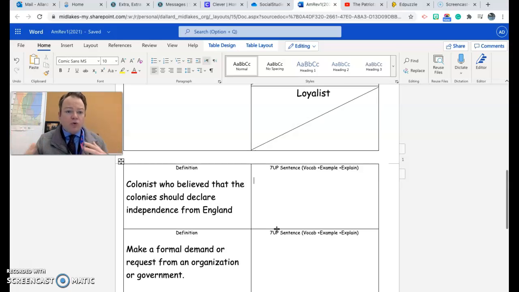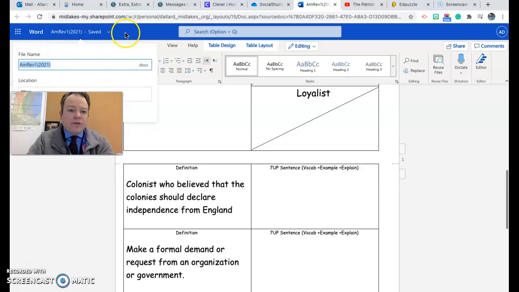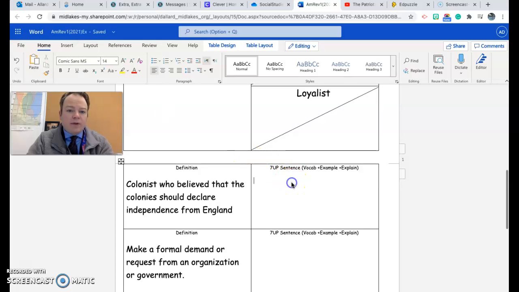Now we've got to figure out our who's, our what's, our when's, and our where. So we can say many colonists, and my typing's real small. Let me make it a little bit bigger so you can see it. Actually, I'm going to turn it off. Let's just make this an example, that way I'm not messing with the original document here. So we might say colonists became, and I'm going to underline this, patriots